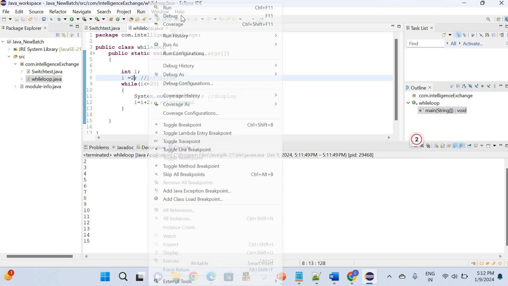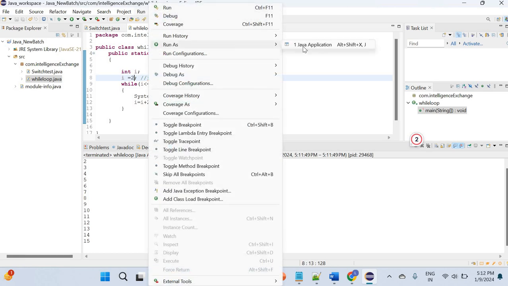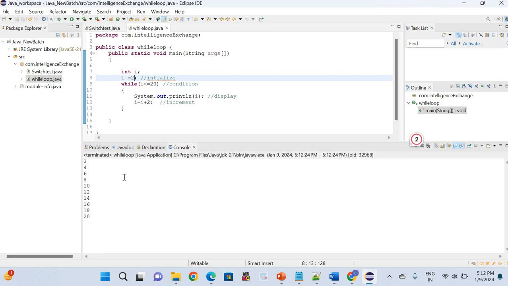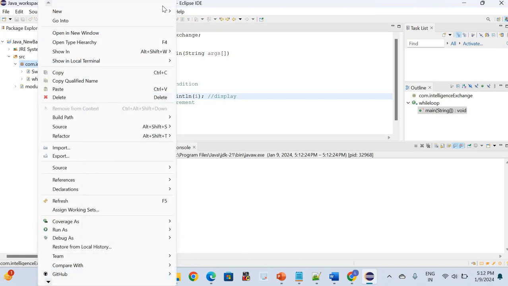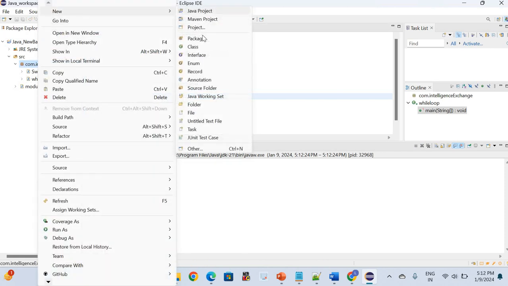तो इस तरह से आपका 2 का पूरा टेबल बन जाएगा। तो यहाँ पे आप रन एज पे क्लिक करेंगे, जावा एप्लीकेशन पे क्लिक करेंगे, तो यहाँ पे आप चेक कर सकते हैं ये आपका 2 4 6 8 10 12 14 16 18 20, दैट इज द टेबल ऑफ 2। ओके, ये प्रिंट हो गया आपका, है ना। तो ये आपका व्हाइल लूप का कॉन्सेप्ट है। अभी मैं एक नया प्रोग्राम बनाती हूँ इसी तरह का, जिसमें हम डू व्हाइल लूप